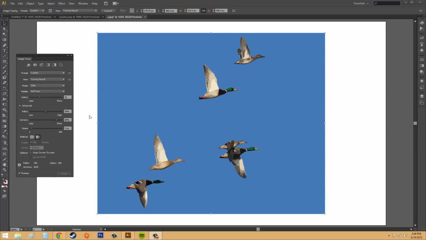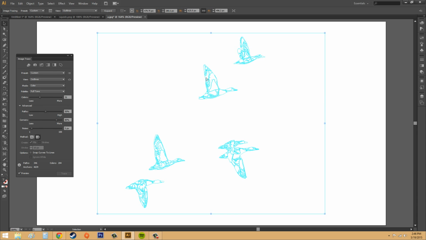Hey everybody, welcome back, and I'm back with the settings I was talking about. So here we go, this is what we got. I turned the paths down low, and I turned the colors down low. If I go to our outlines here, we can see that there's still a decent amount of paths in here, and even more corners from turning the corners up higher. So we can zoom in,